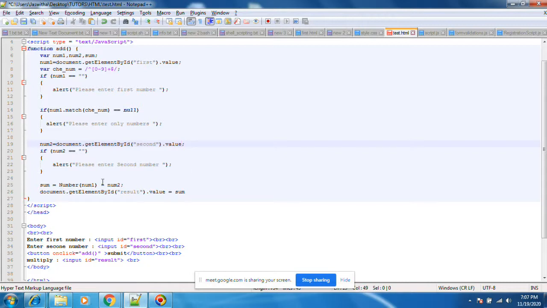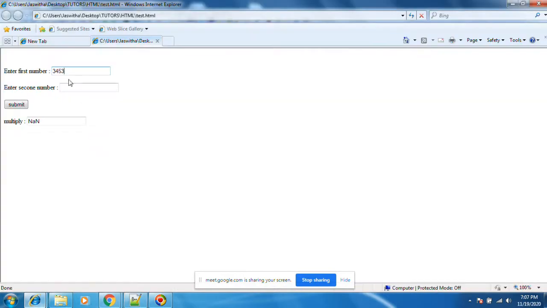You see Number of num1 and Number of num2. This Number function converts the string to an integer. Before that, whatever the input, make sure we are entering only integers. If I add a string, something like asf, it should give an output like this.